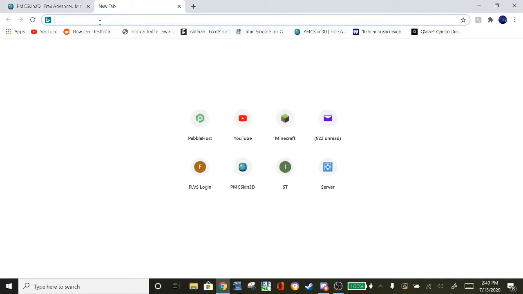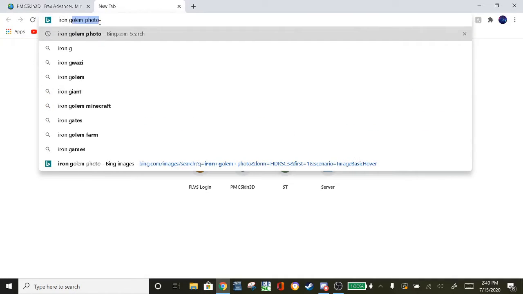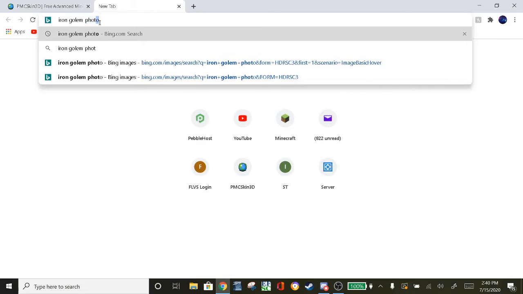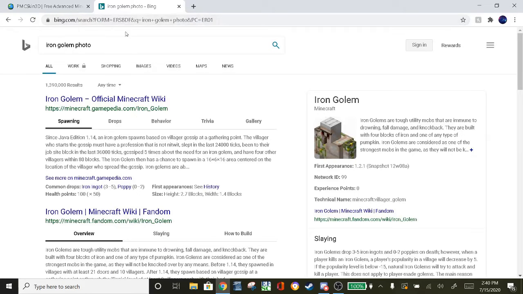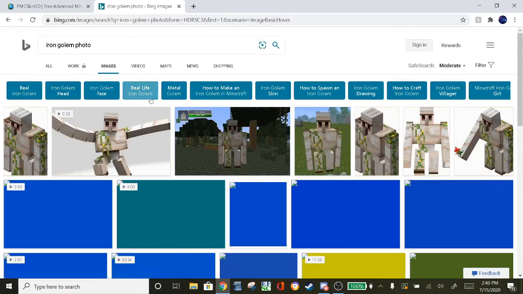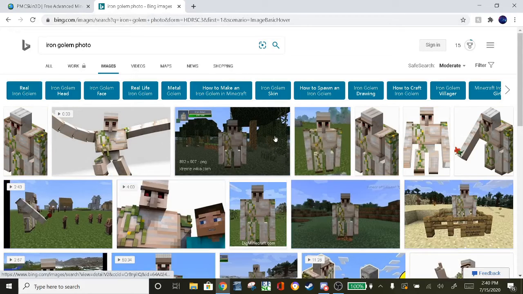Now I'm going to look up what iron golems are like. Iron golem. Oh, I just sneezed. Iron golem photo. I kind of don't know what to say when I sneeze. I'm not supposed to say bless you because I'm the one sneezing, and it's kind of weird when there's no one there to actually say it. And I just sneeze, and I'm talking to someone who's just a microphone. But anyway,